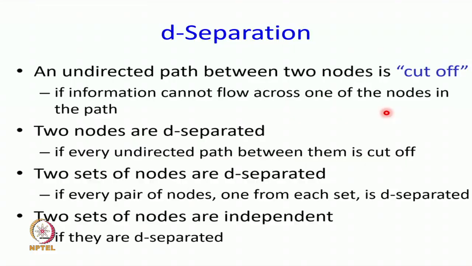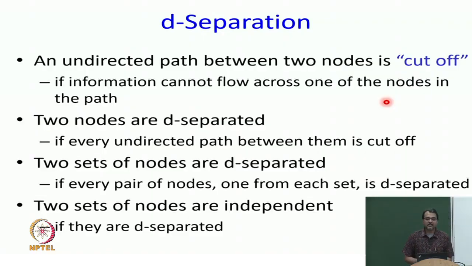But of course, these rules are applicable in specific cases. In one case, if all your parents were given, in the other case, if all the Markov blanket nodes were given. You cannot make it reverse, that if one part of the Markov blanket is not given, then the independence does not hold. You can't say that. It is only in one direction. Given the Markov blanket, you are independent of everything else. So, you might ask that in general, how do we test independence of a given set of pairs of nodes given some other variables, right. So, this is the general question, and the answer to this general question is the concept of D-separation.